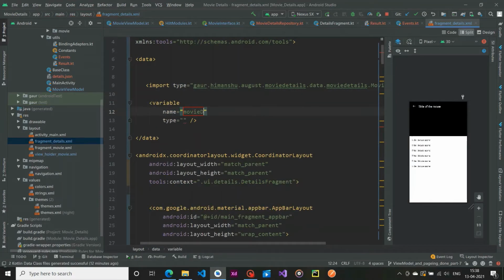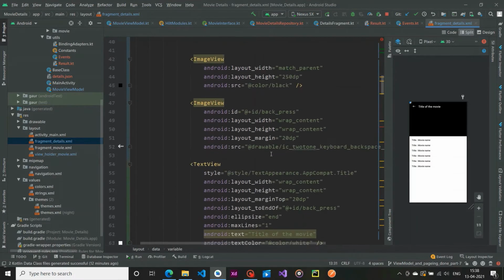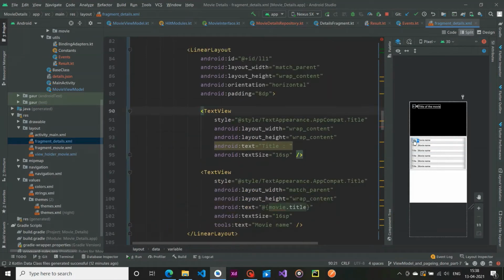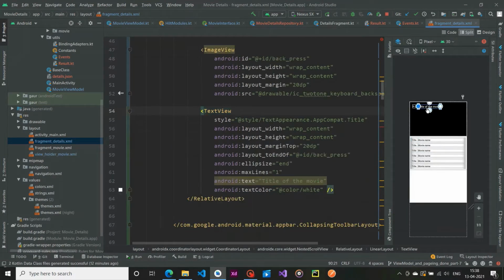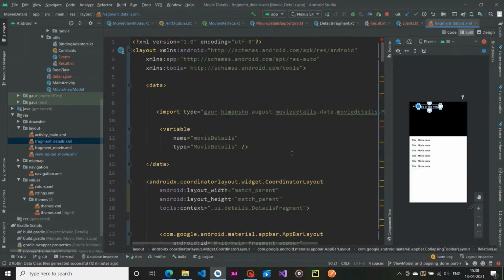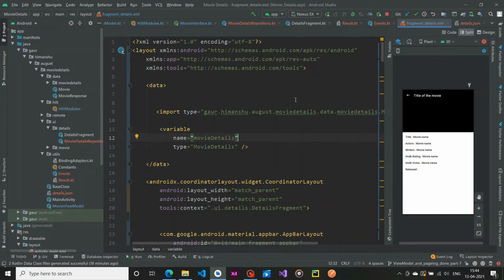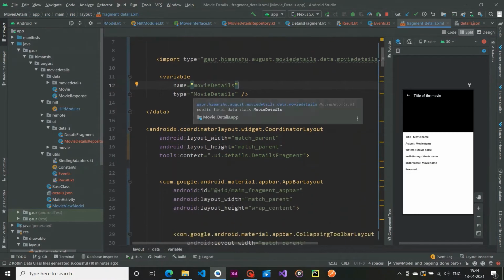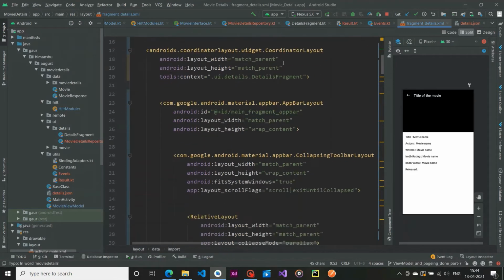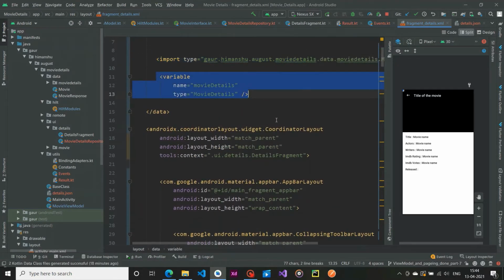So movie details, and pass here movie details. All right, so in our title, basically this is content title. I created this layout as a data binding layout, and just imported our movie details and created a variable movie details.